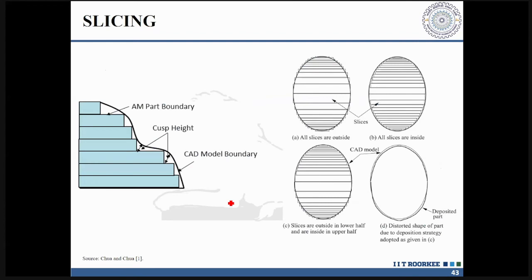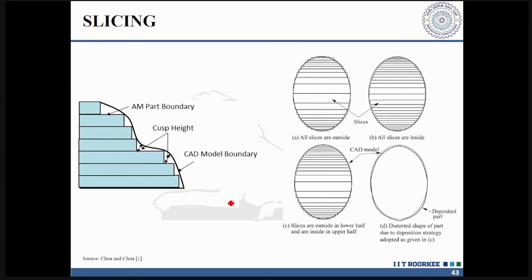Whenever you do this slicing, people say that additive manufacturing is a very highly accurate process, and that there is no other process that can give you more accuracy than this. No, not at all. There are certain myths associated with additive manufacturing. Nowadays, people always say to go for additive manufacturing. Turbine blade, additive manufacturing. Aerospace component, additive manufacturing. No, there are certain inherent errors in additive manufacturing which we never talk about. One inherent error is tessellation, because it is an approximation.